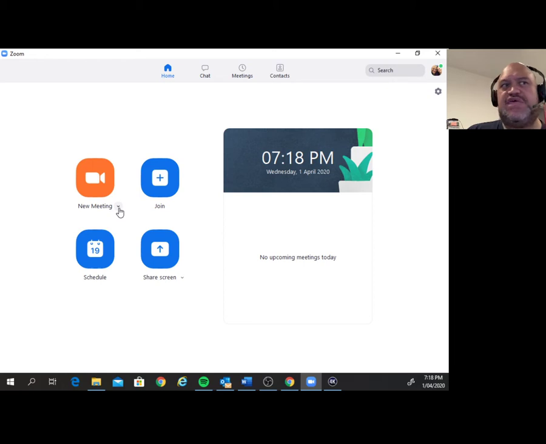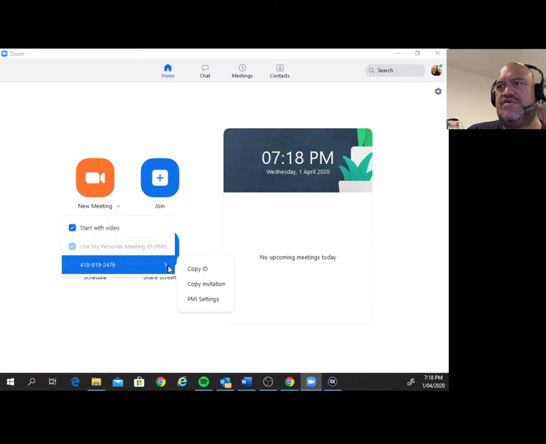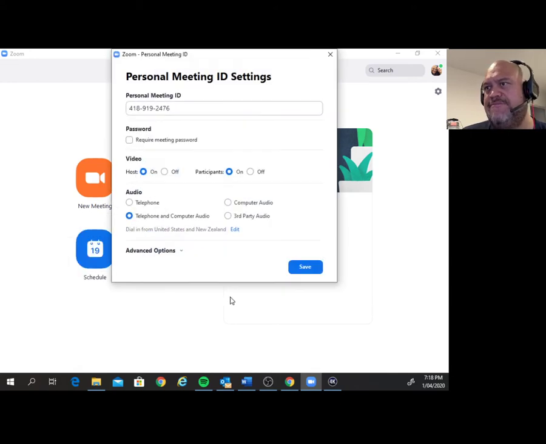Now, if I want to create a new meeting, I will click on this little button down here with that little arrow, and I will go down to this one here. This just tells you the options for creating a new meeting. So if I go to PMI settings, I can change my personal meeting ID,